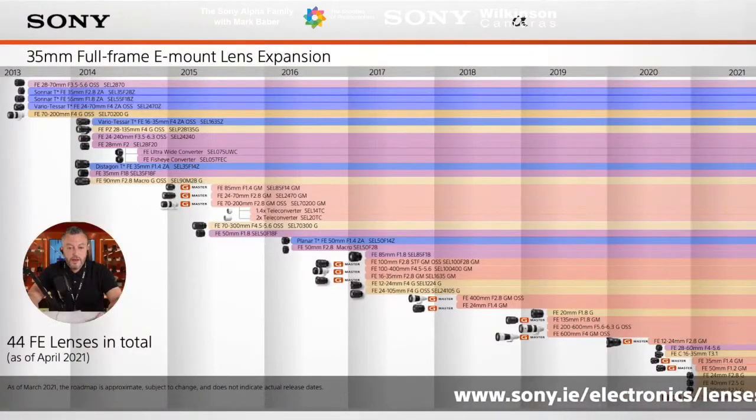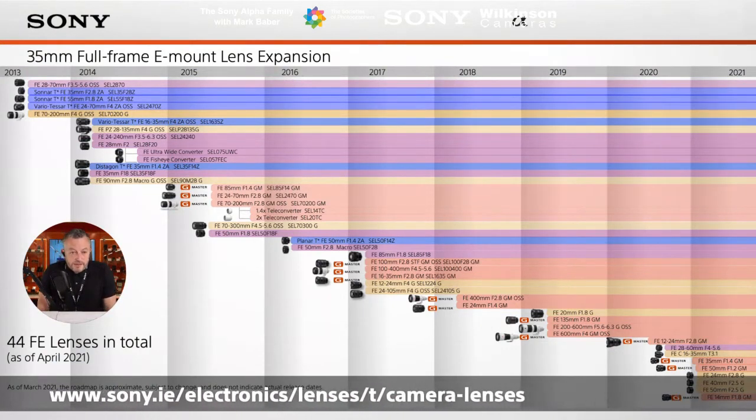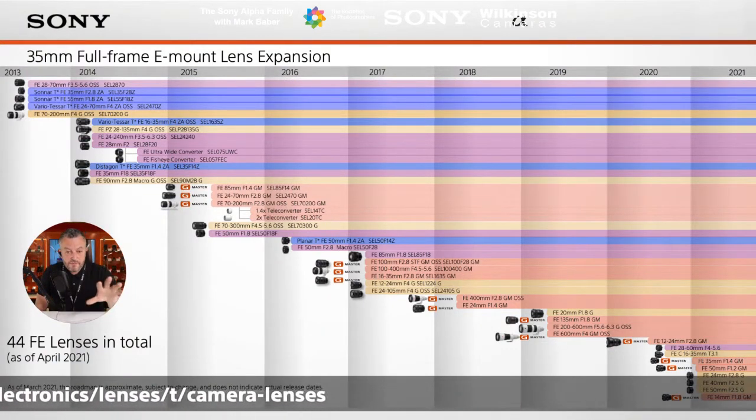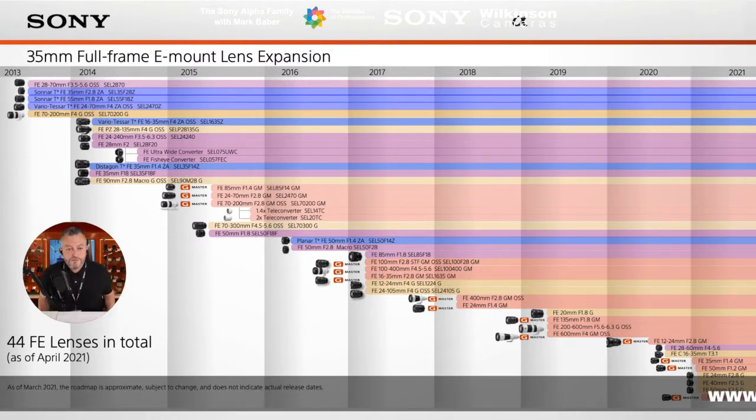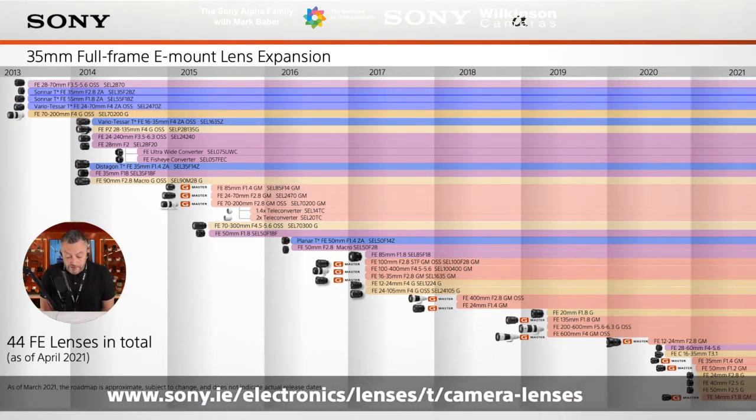Okay, so lenses. I'm not sure if you can see this on your screen, so if you're watching it on your phones and stuff, I'll explain to you. This is just a full frame lens range, so this doesn't include the APS-C here. So we have 44 native full frame lenses since 2013, right up to recently the brand new 50mm 1.2, which